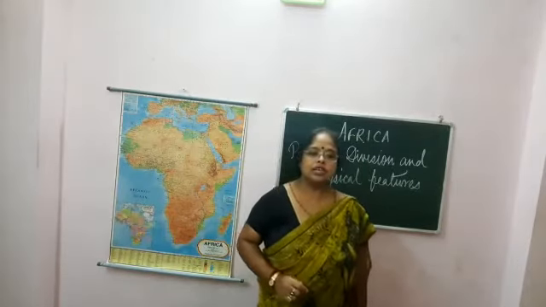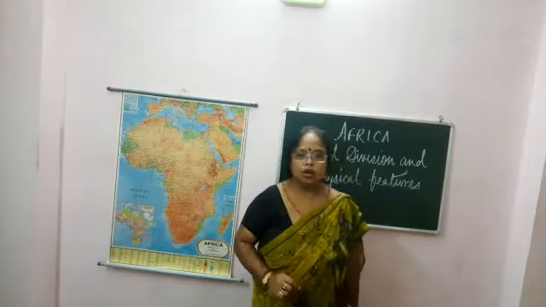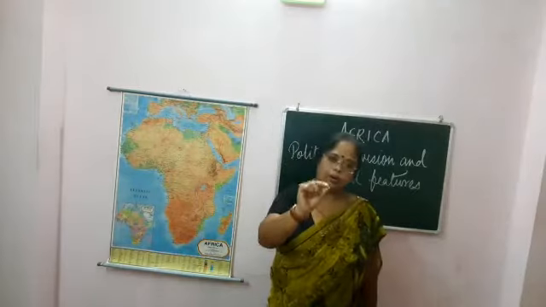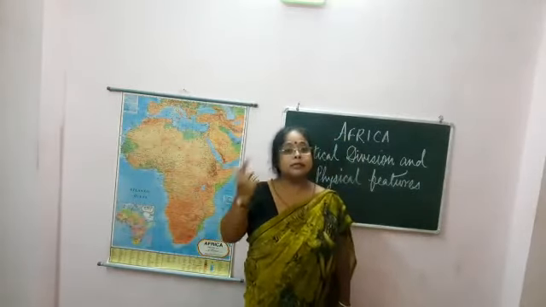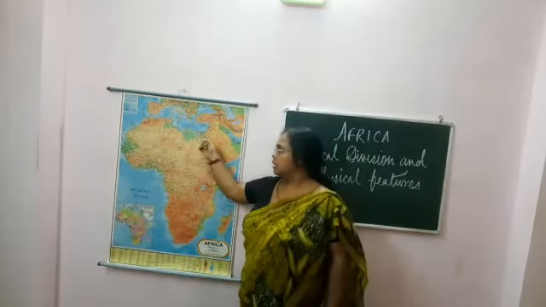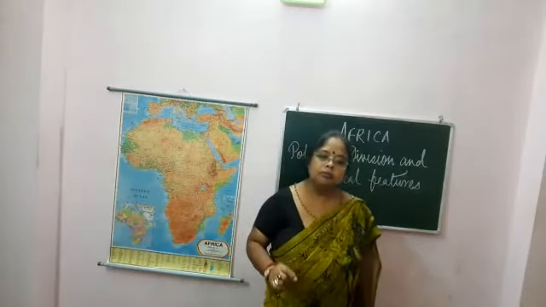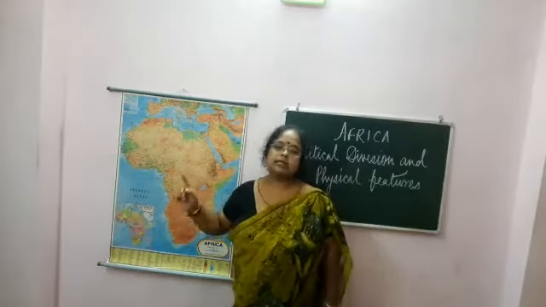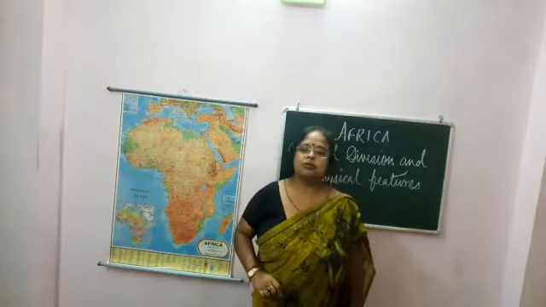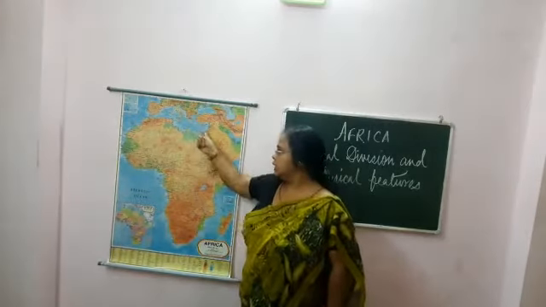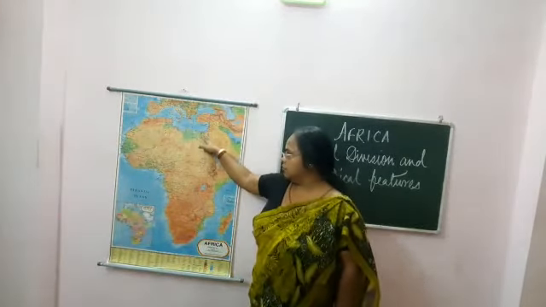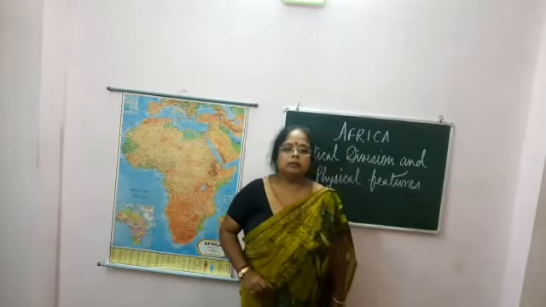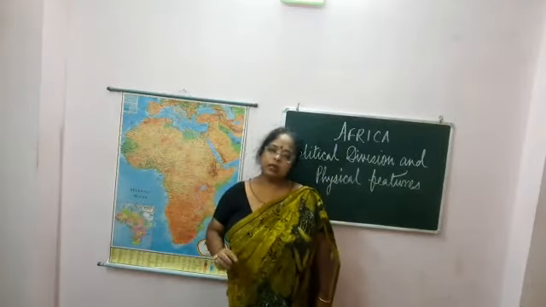Africa is linked with Asia by a narrow strip that is called an isthmus. An isthmus means a narrow strip of land, and a strait means water. Here the isthmus is the Isthmus of Suez. It lies between the Mediterranean Sea and the Red Sea, and the Suez Canal was built through the isthmus.